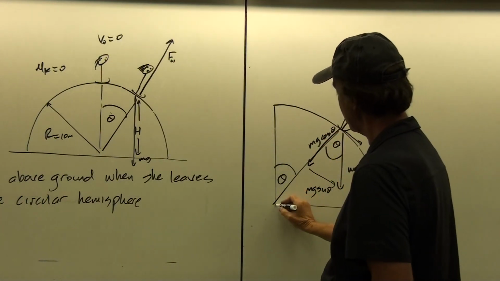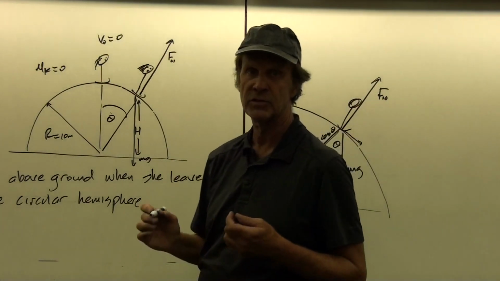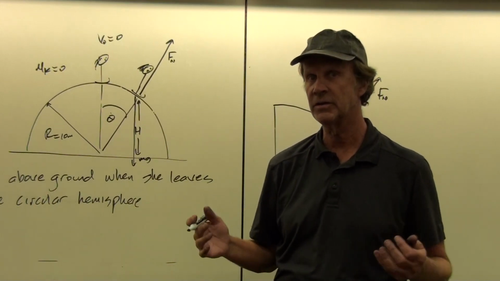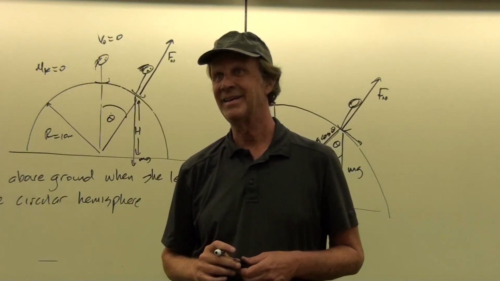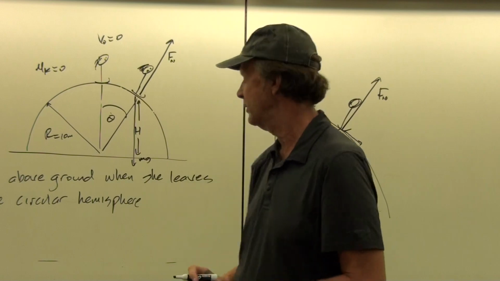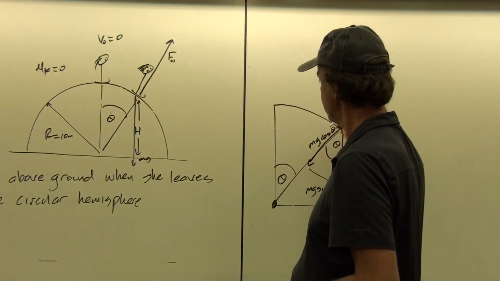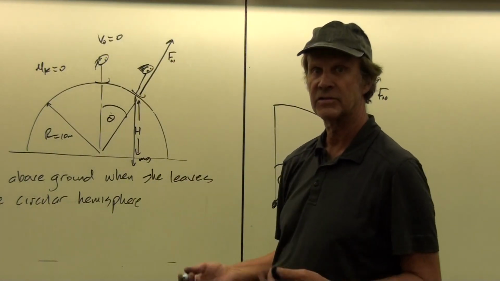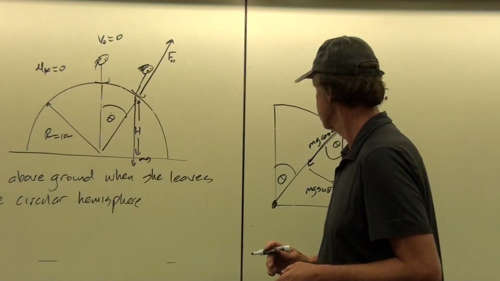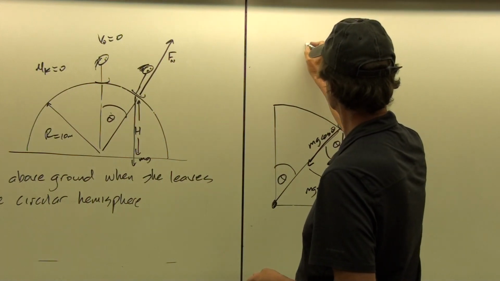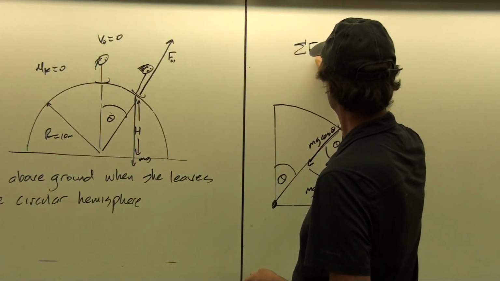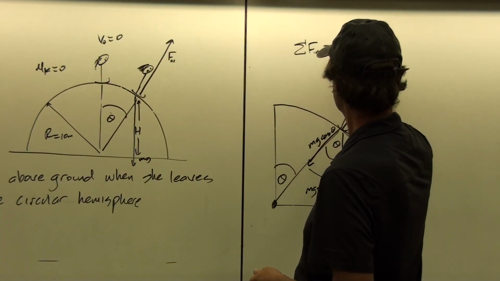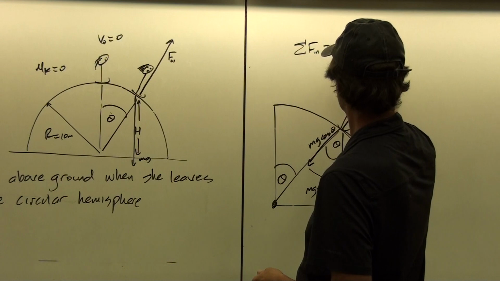Remember, you define the positive direction toward the center of spin. Now, you can get away with that sometimes, and I saw some of you on the midterm did that. But it's not the best way to handle the problem because the positive centripetal force is in the direction that we should define as positive, so we don't have to put negatives on our acceleration, which can confuse us. Okay, so here we can say that the sum of the inward forces toward the center of spin at this point where she leaves the surface is equal to mv squared over r.